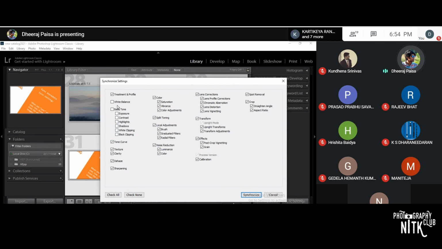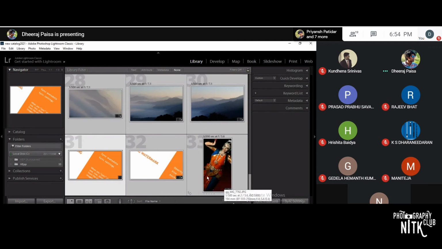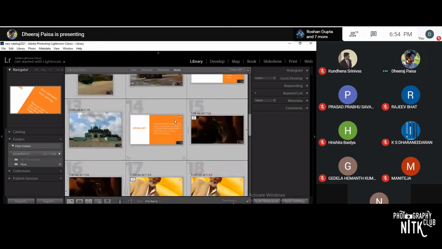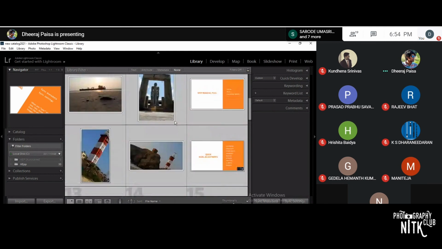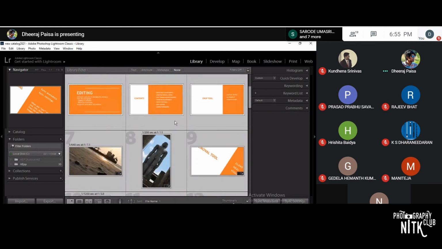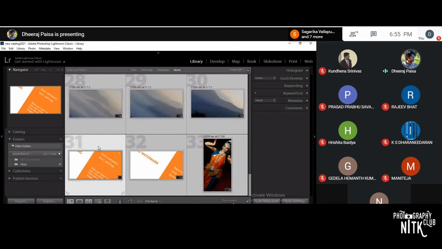You can select either of these or all of these options. I'll check all and do the sync. See, all the images are synced. This is our anchor image, and these are the remaining images to which we copied the edit.